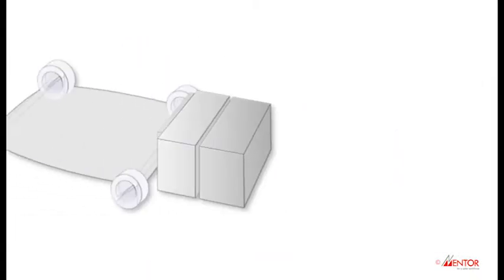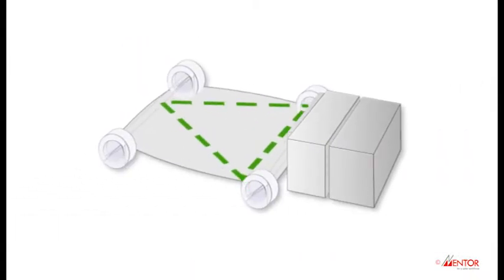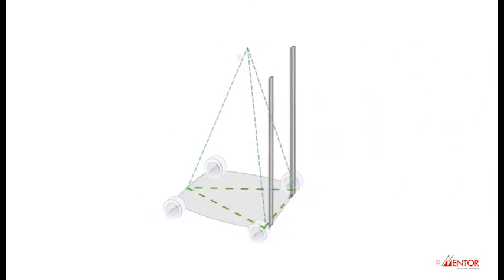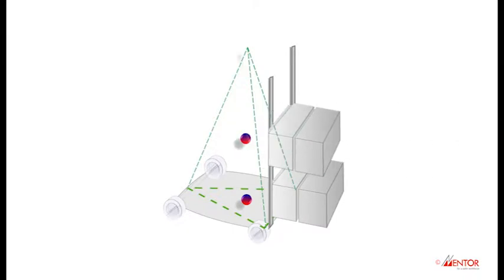Lifting or lowering the load, braking and accelerating, or turning a tight corner, all have an effect on the centre of gravity. When a load is raised, the stability triangle becomes a pyramid. The higher the load is lifted, the higher the centre of gravity. You can see here that the higher the load is lifted, the centre of gravity moves closer to the edges